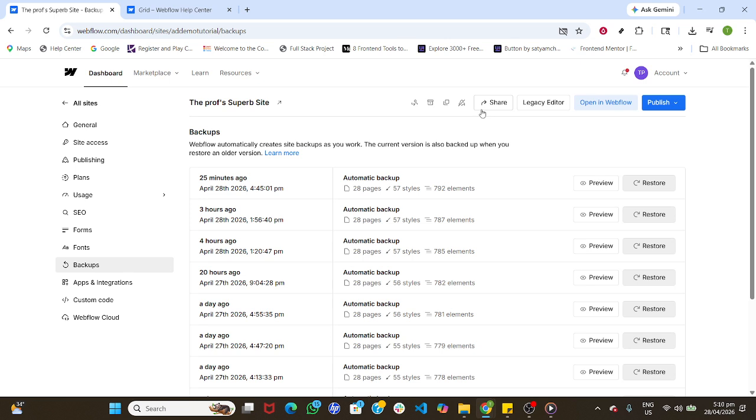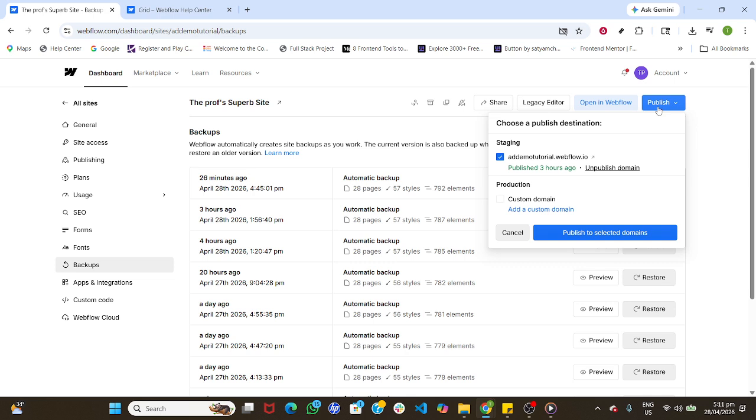A few tips as you work through this. If you're collaborating, let teammates know you're restoring so no one edits mid-process. Consider making a manual backup and naming it clearly before big changes in the future. Something like pre-rebrand or clean template state makes life easier. And after the restore, review key pages, interactions, and styles in the